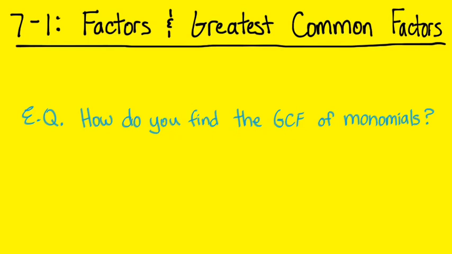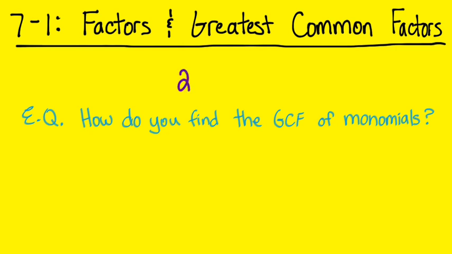As we head into chapter 7, it will all be about factoring. Factoring. What exactly is factoring? Well, factors are the things that you would need to multiply to get a product. It's kind of the reverse of multiplication. You're looking at what things multiplied to have a product. For example, if I have